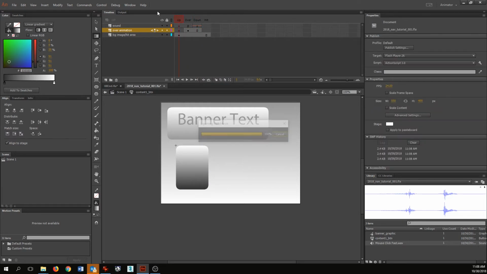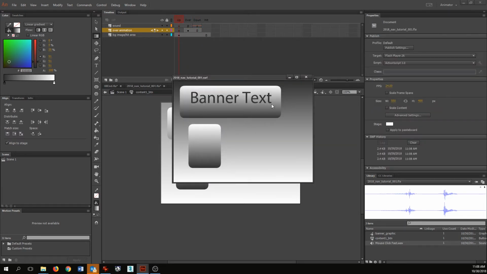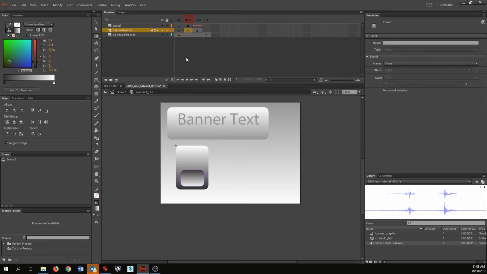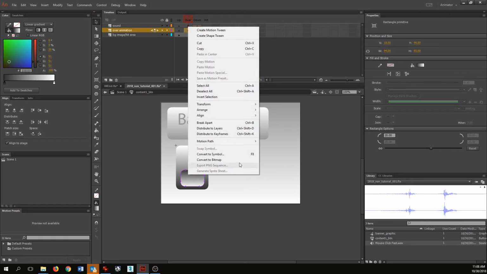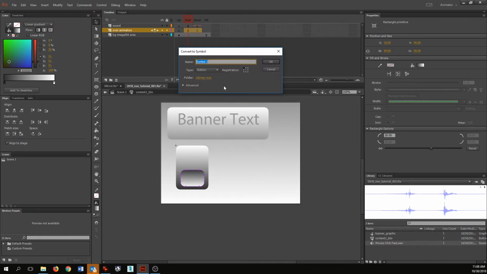As it stands now, when we do this, that just pops right up. What if we made it so that it faded in kind of slowly? So let's go ahead and do that. So we're going to jump over to our Over state. We are going to grab our black arrow tool. We're going to take this object and convert it to a symbol. We will call this